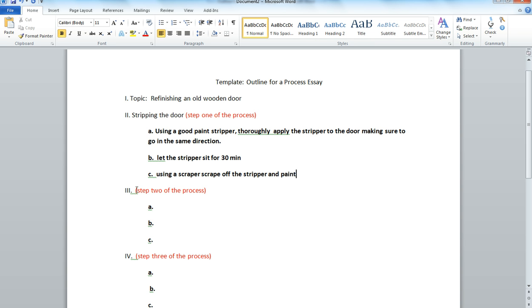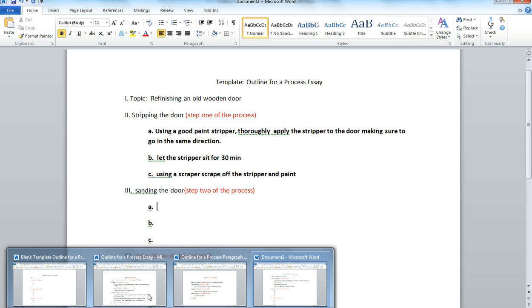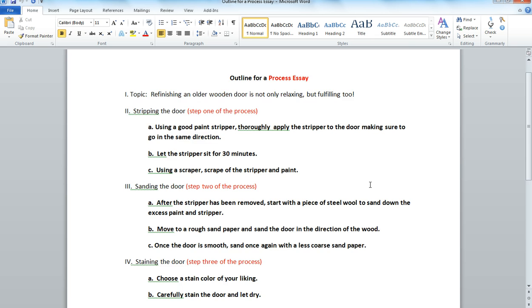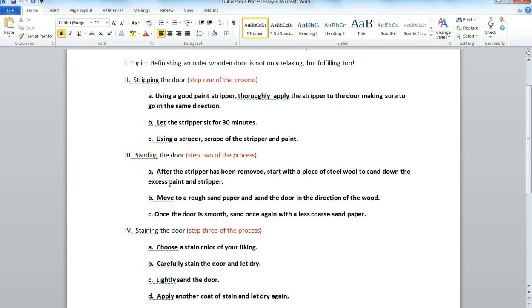Then we move on to the next step, which is sanding the door. So A, B, and C, we would add additional information that describes this step. So let me now show you what a completed outline would look like. We have all of these details under each step of the process to describe that step,